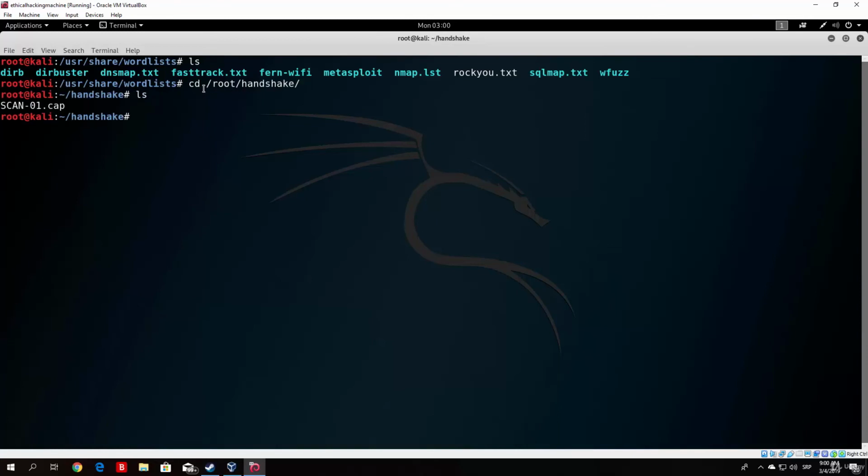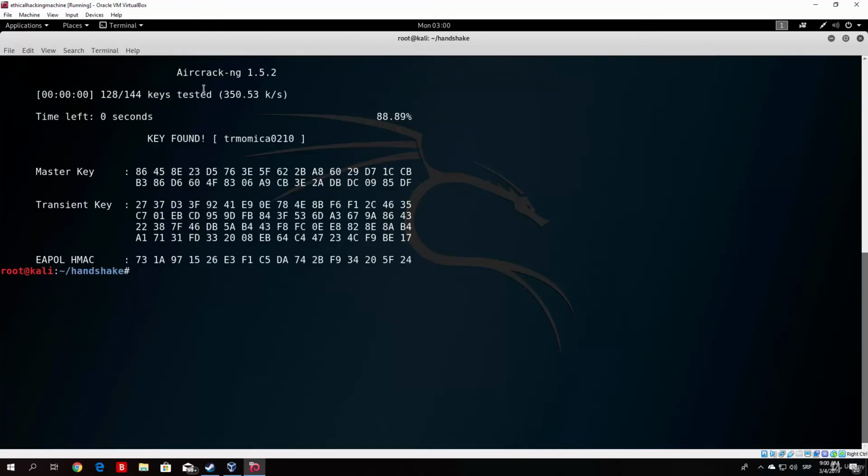And basically you will see that right now it will find our password in less than a second. So aircrack-ng, then -w, and we specify the path to our word list, so wordlists and then fasttrack.txt, and all we need to specify now is the name of our .cap file. And if we leave this to run, you can see basically it finished right away, and it actually found, as we can see right here, key found and our password for my wireless access point.